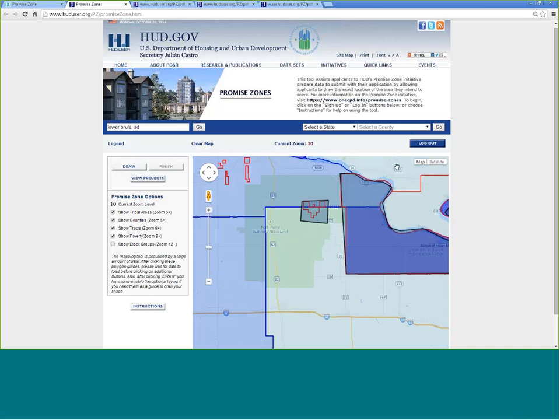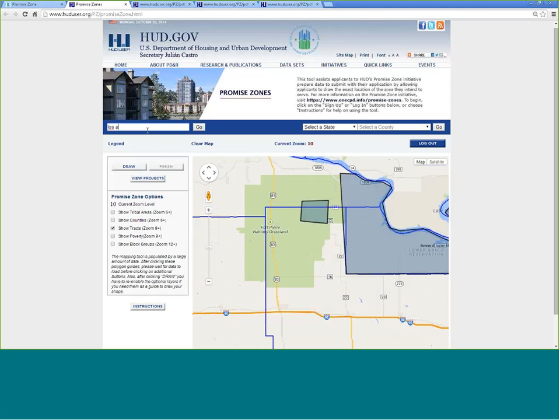Next question: is there a way to select census tracts without using the drawing tool to draw around it? No. The purpose of this tool is for you to draw your target community or neighborhood how you want to draw it. It does not have to follow census tracts, and you don't select census tracts to build up something around it, right? So, for instance, if you have,